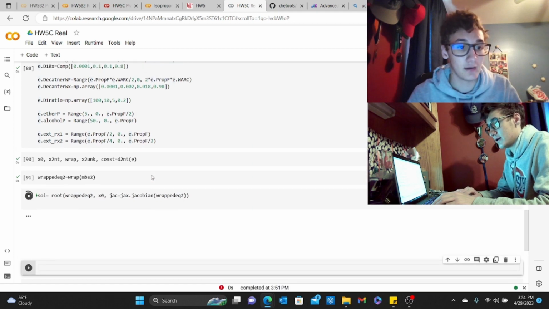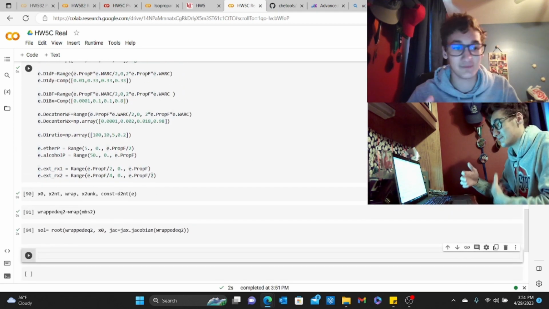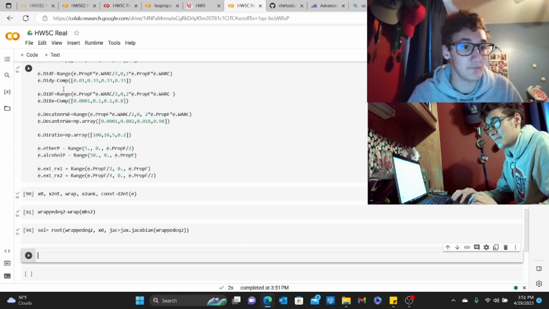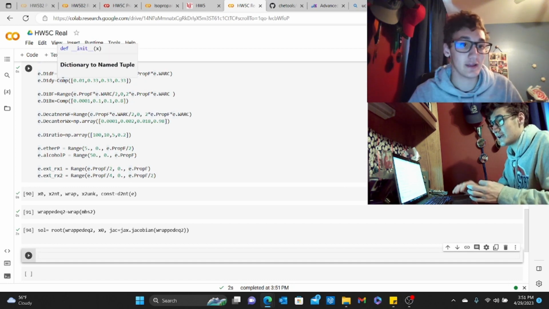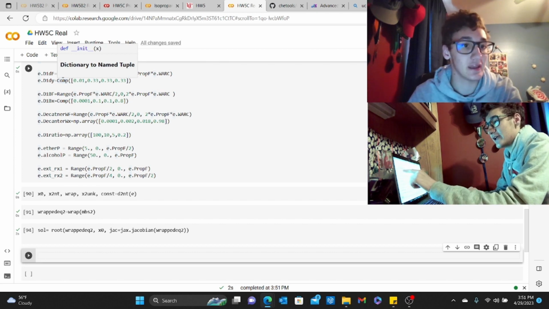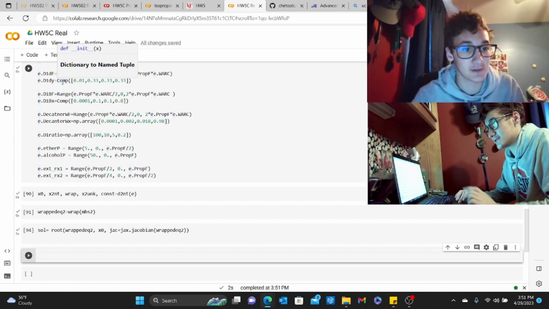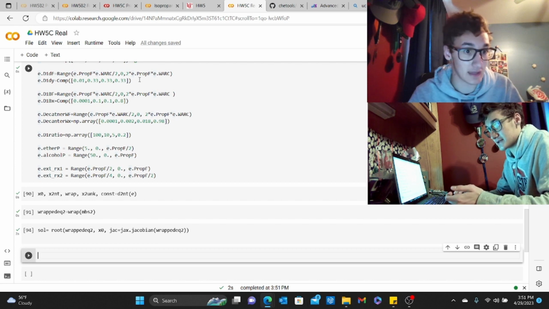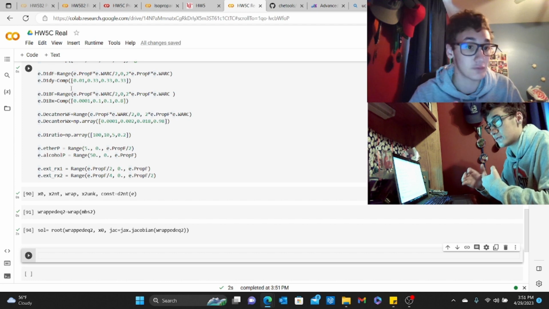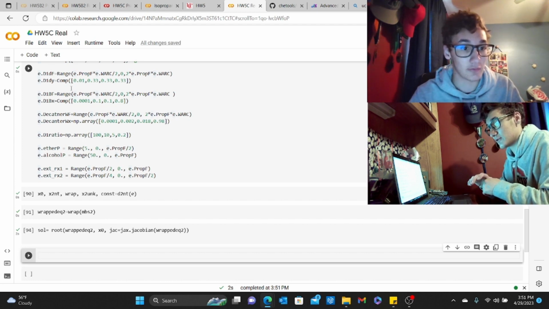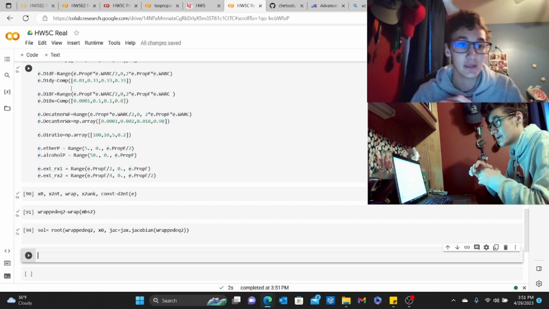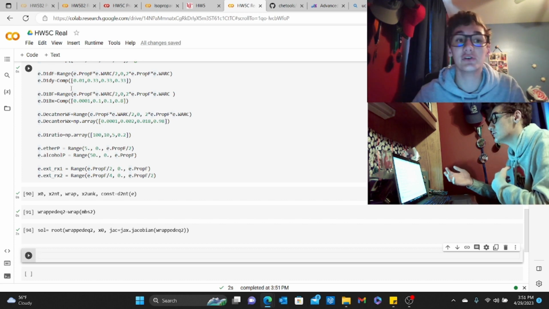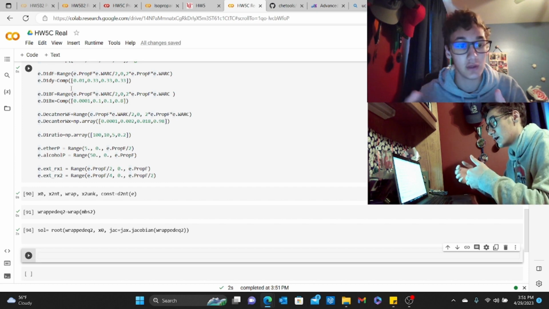And so when looking through this again, I keep checking and realizing I made a few mistakes. I was putting NP array instead of putting composition. So the array is allowing us to see dictionary to named tuple, as it says on the screen. And so it's allowing us to name this tuple, which is a guess. And so we're able to calculate this in an array format as a named tuple. However, if we had put it in an array, that makes it think that we know this equation. And so it gives us too many unknowns and not enough